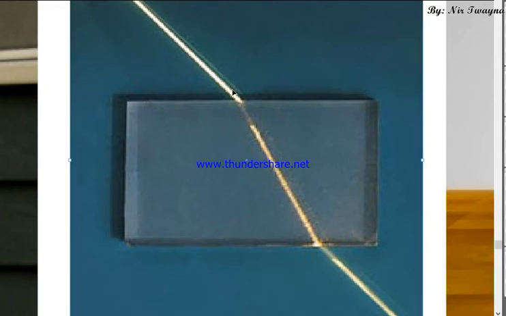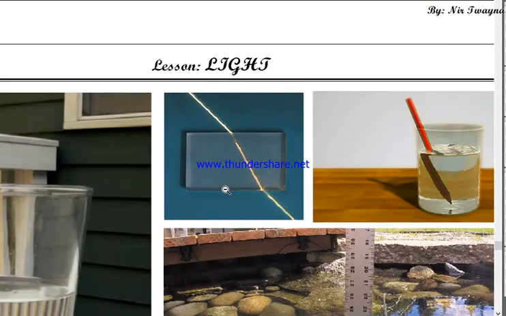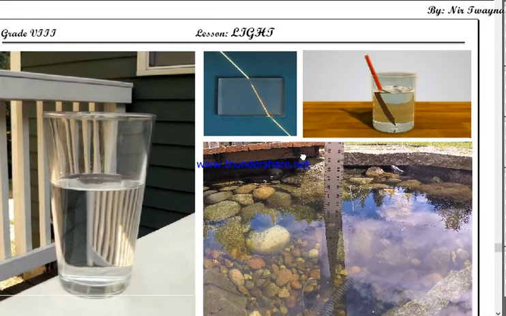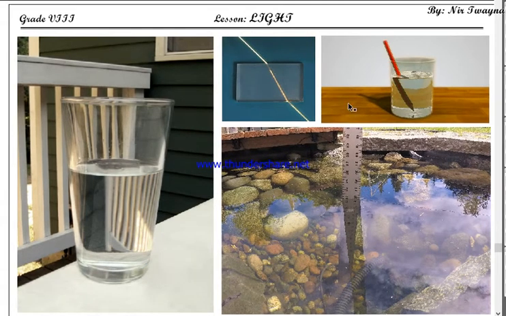But you see, when light passes through glass or water or some other transparent things, it happens that light rays bend. They do not travel in a straight line, but they bend. In this case you can see this is a light ray, but instead of going straight, it bends, and after passing through glass, while coming out also, it bends. This is the main cause behind all of these distortions.